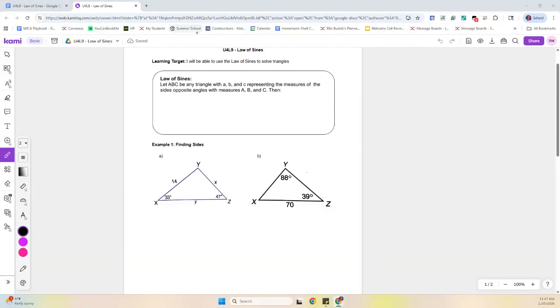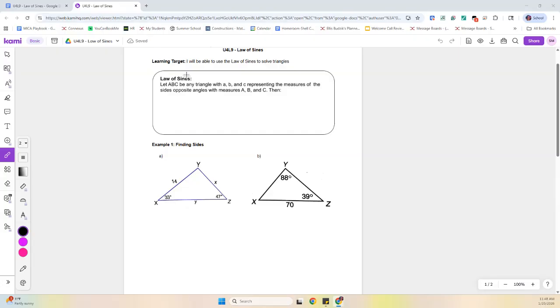All right, so for today's lesson, we're going to be talking about law of sines. We talked about sines before in terms of sine, cosine, and tangent with right triangles. Today, with the law of sines, we're still using the sine function, but we're not necessarily going to be setting it up as opposite over hypotenuse like we have in the past. That we can only use with right triangles, and here, this law of sines can be used with any type